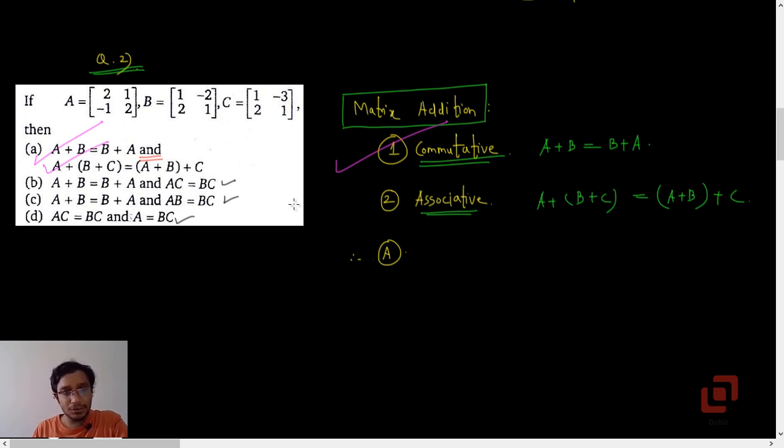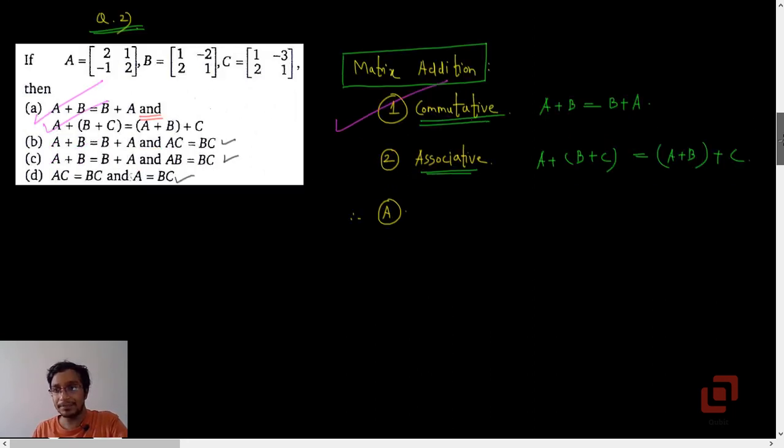There is no need to check whether AC is equal to BC or AB equal to BC or A equal to BC. Once we have got the right option, it will be the right one, because unlike JEE Advanced, in CET only one of the options is correct. So that is question 2. Let's go to question 3.